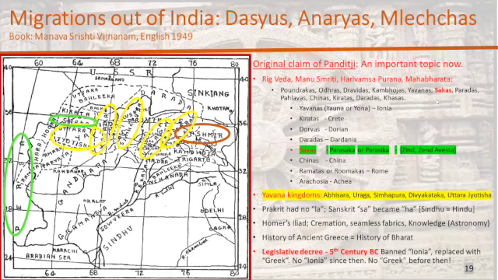So let me give you some concrete examples. The Yavanas. Yavana is a Sanskrit word. Now, in those days, the commonly spoken language was Prakrit. And Prakrit and Sanskrit had certain differences. If you look over here, Prakrit had no la, and Sanskrit sa became aha, as an example. So Prakrit did not have the phonetic sound of sa. It did not have the phonetic sound of la. And so as an example, you see that Sindhu was pronounced as Hindu in Prakrit. And this is from very ancient times.